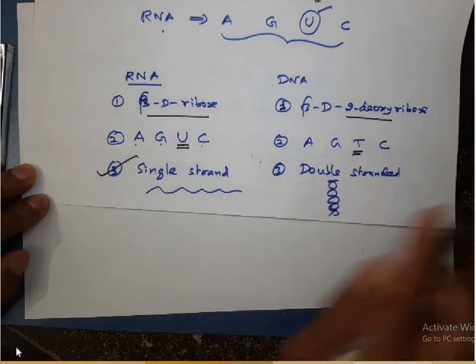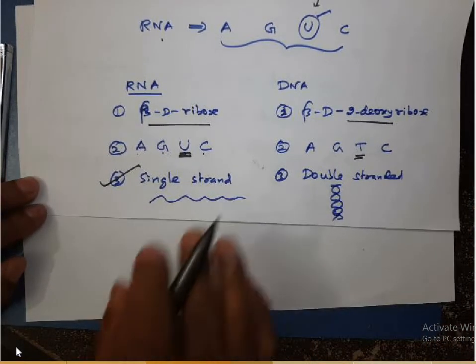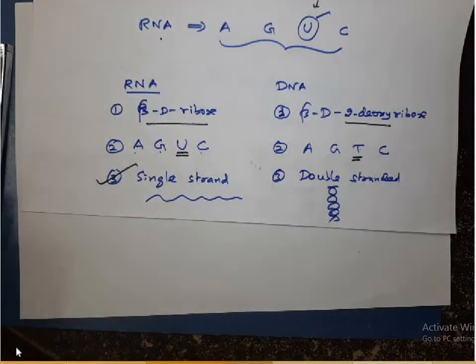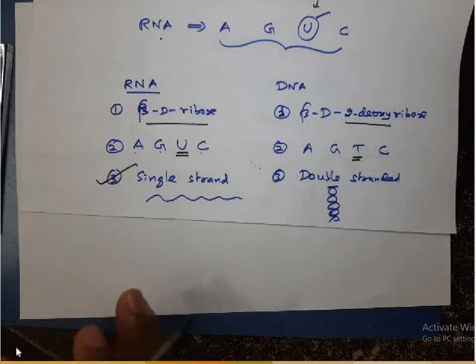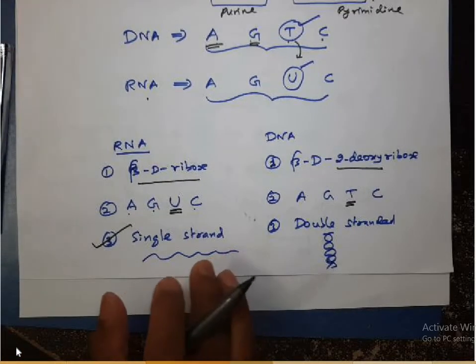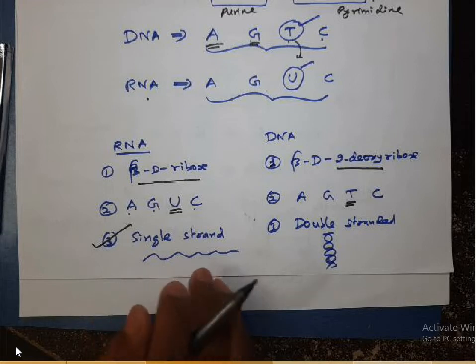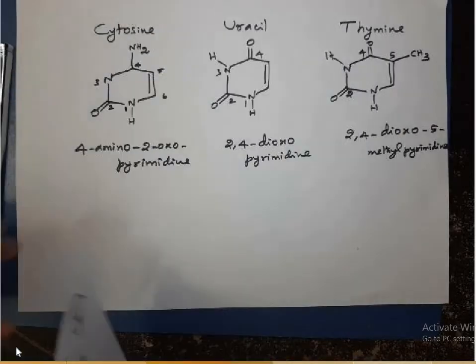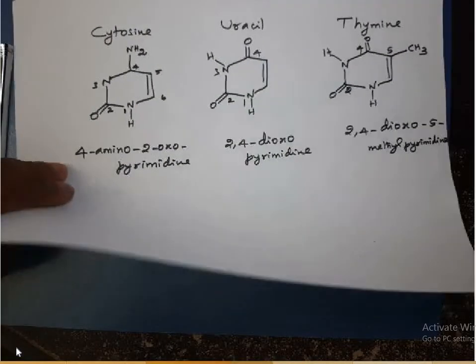So AGTC. These are the basic differences between RNA and DNA based on the chemical composition. Students, so far any doubt? Right. So now what I am going to do,